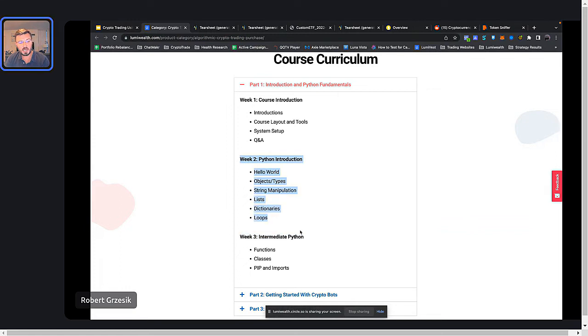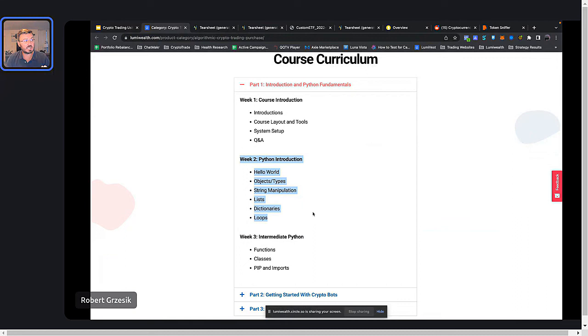Week 2, we do a Python introduction. We will take you through all the basics of Python really fast. So if you've never done Python before, you'll understand all the basics in that one day. Obviously, if you're brand new to Python, you're going to have to put in some work and learn how to do this as well. But we give you that very nice fundamentals. And we give you a lot of resources to be able to go and learn this stuff and get really, really good at it, right?